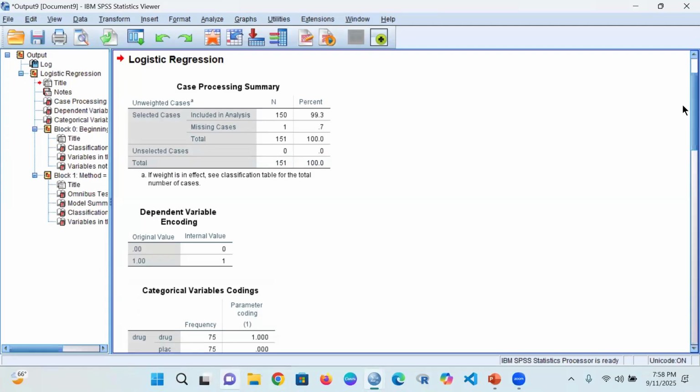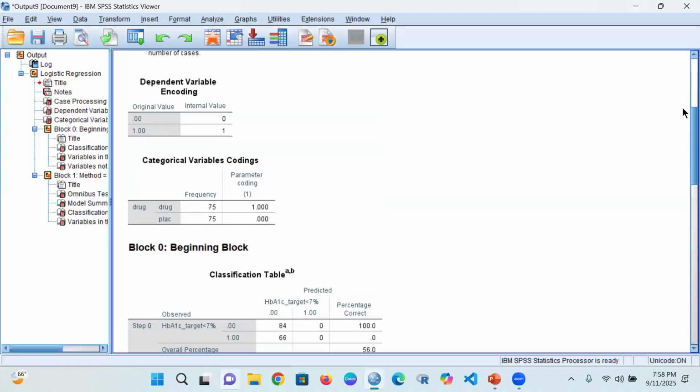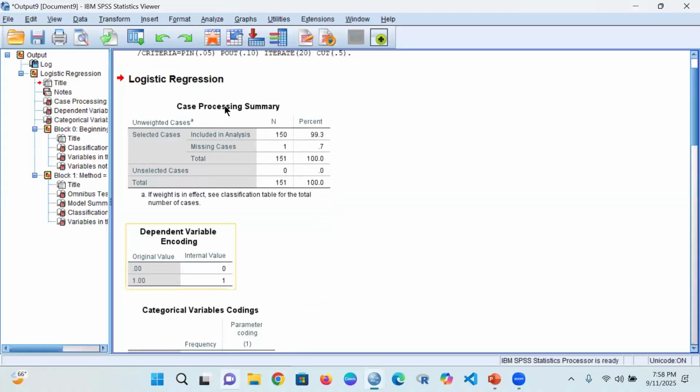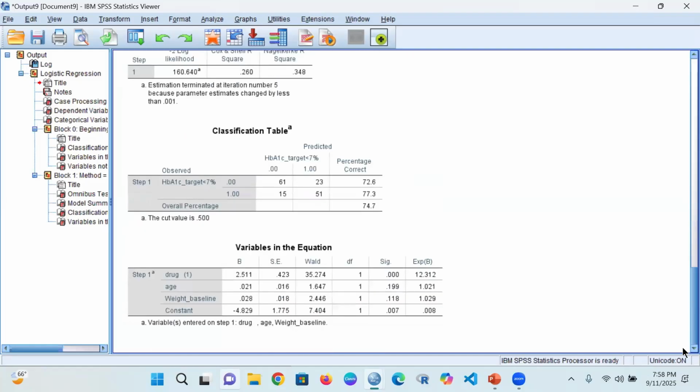So the logistic regression of our data has been carried out. So this one now is the summary of your data. We have included in the analysis 150. We have the missing case 1. We have a total of 151. We have the independent variables, categorical coding. So the most important here is the variables in the equation. This is the most important because this one now is the one that we are supposed to interpret. So in the interpretation of this regression analysis,